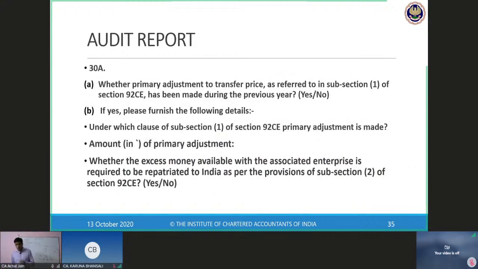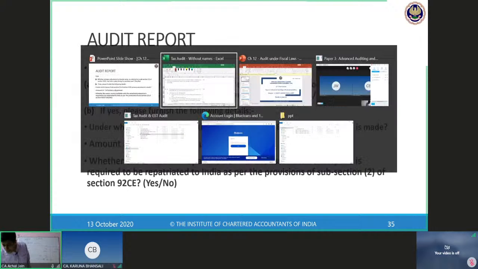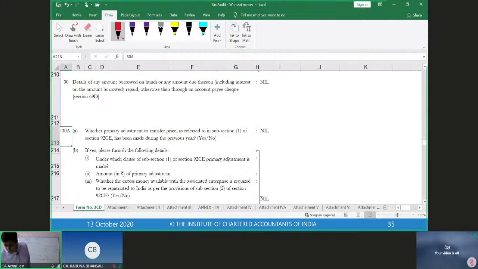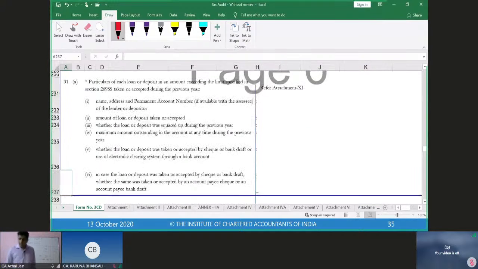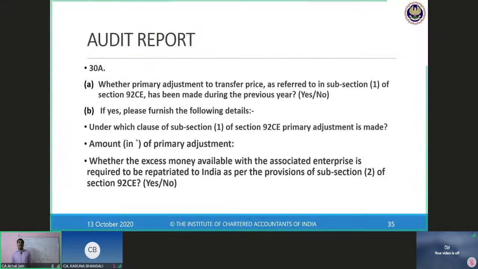Next, clause number 38. So I'm just not going to that document now. Some of these clauses we can just discuss from this document itself, because we don't have any appendix or attachment in this case. So we can just now look at this clause.